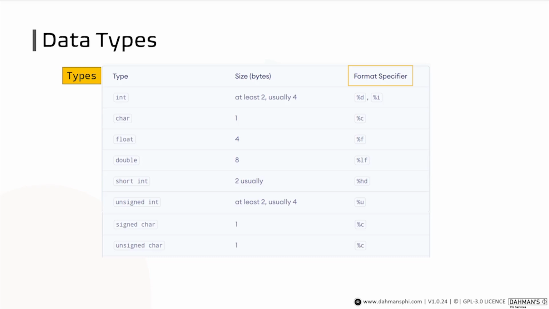Format specifiers tell the compiler, with this format of % and then a letter, what kind of actual data type I'm talking about or I intend to print on the screen. So if I write %d, I'm telling the compiler I would like to retrieve a value of integer, whatsoever the output I intend to have. A character, for example, has a size of 1 byte and the format specifier for that is %c, and so on and so forth. But before we leave this kind of data type, which is easy to read on your own,